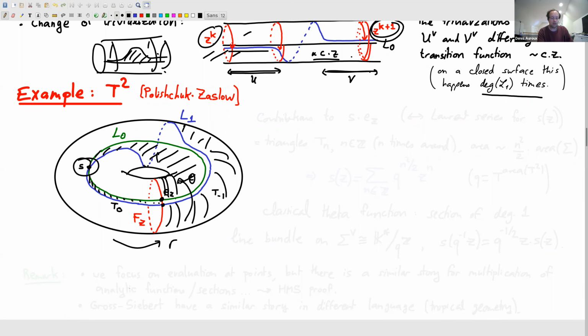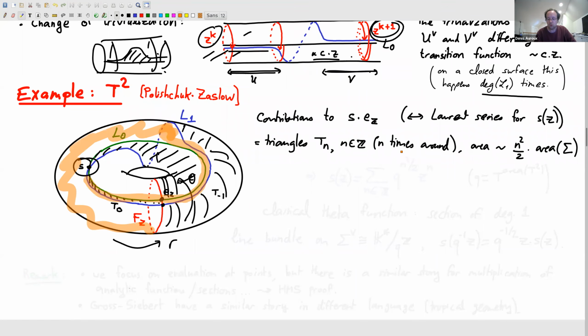But there also are bigger ones, right? If I take the one I had started with here, and I continue past here, it's widened. Yes, it could keep going and go twice or 3 times or any number of times. So in fact, the statement is that there's an infinite family of such triangles. I've only drawn really T0 and T minus 1, but I guess this one was the beginning of T1 here,